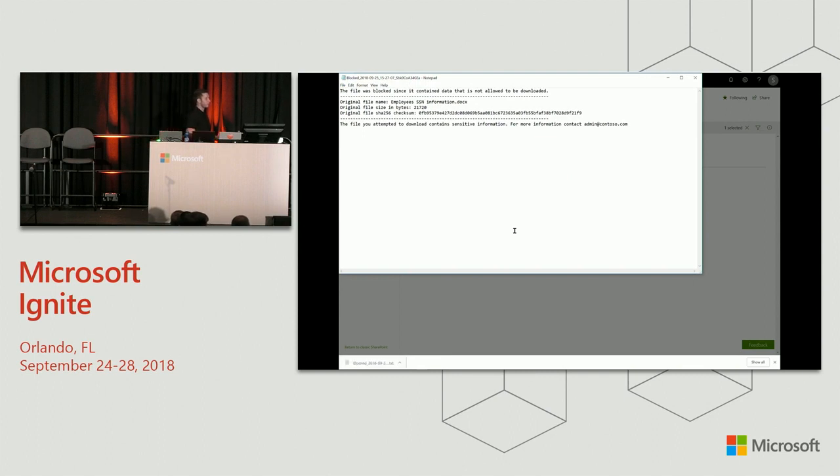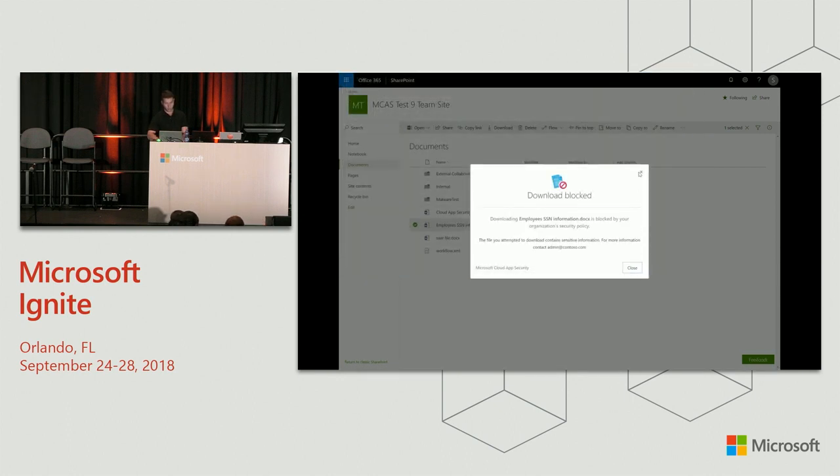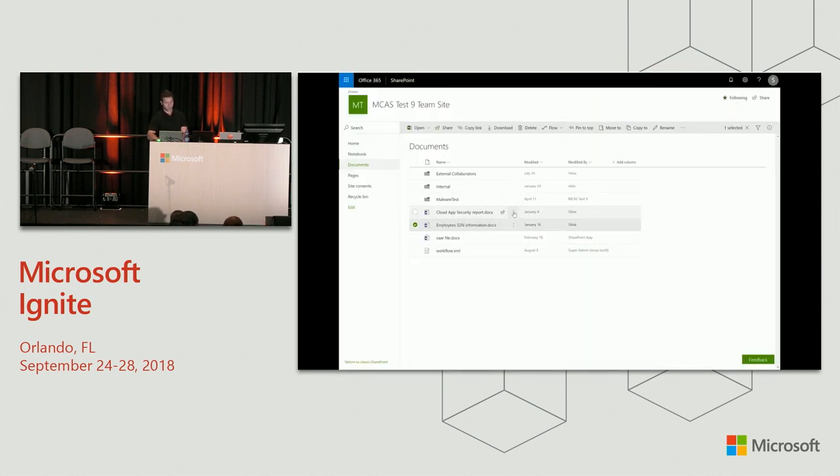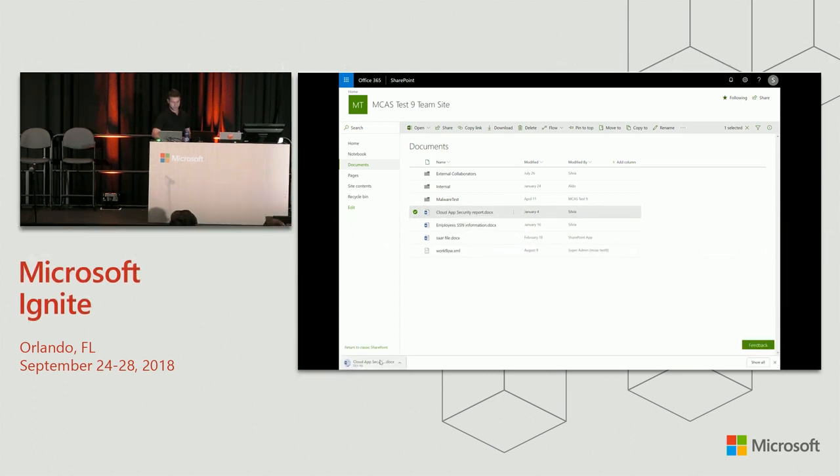And what I actually got was a tombstone saying that the file could not be downloaded because it contained sensitive information. So this is the ability to inspect the data within real time. And because we see that there is sensitive information, we decided that we want to block it. But what's also very nice is that you can decide that you want to put this additional level of protection that we mentioned. So now when I try to download a different file, which doesn't contain sensitive information, you can see that the file will be downloaded.